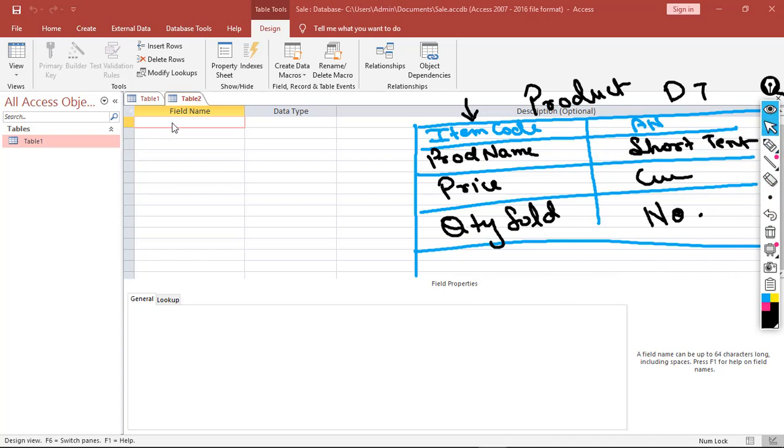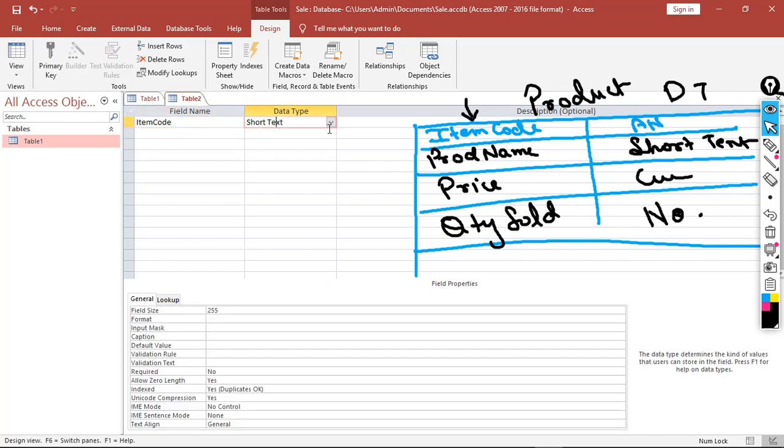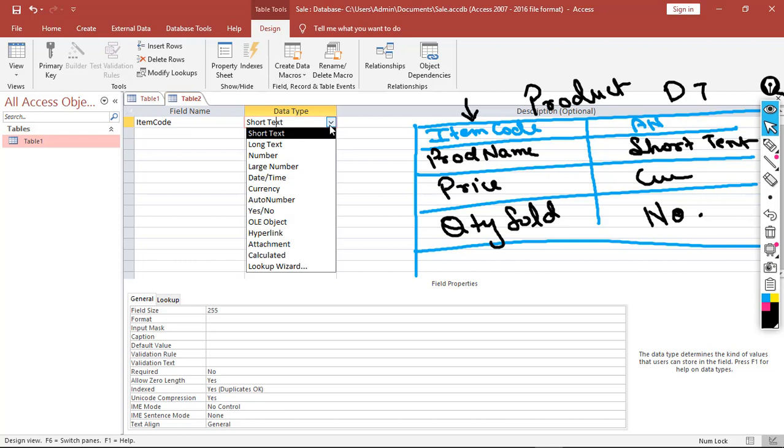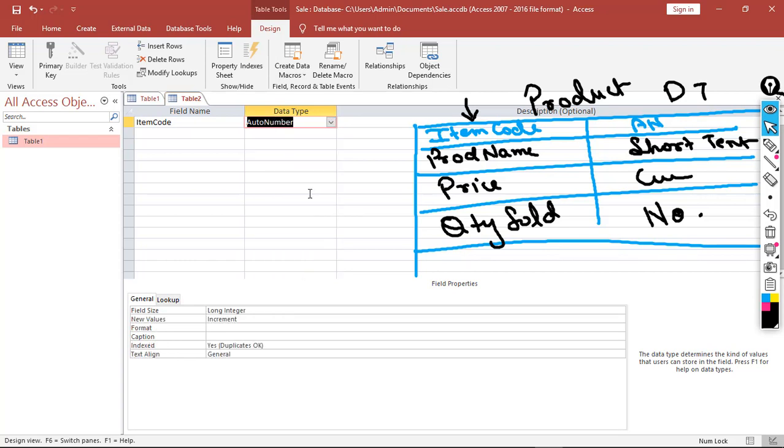चलो फटाफट से वर्क करते हैं यहाँ पे. तो भाई यहाँ पे जो हमारा फर्स्ट कॉलम है दैट इज आइटम कोड. सो व्हाट वी विल डू, वी विल राइट डायरेक्टली आइटम कोड. Fine, and they have said that this item code will be auto number. So you need to click on this, then you have to select on this arrow, and then you have to click on this auto number from the drop down list.